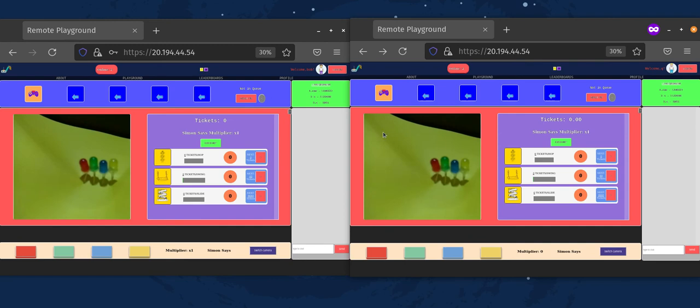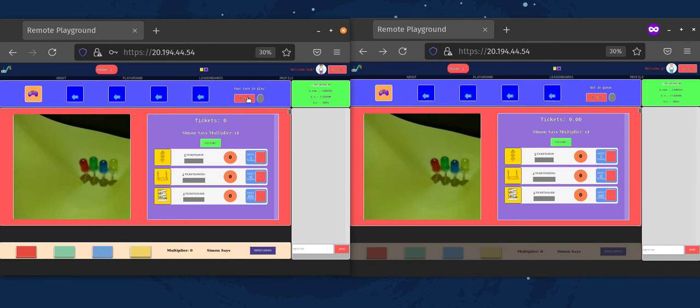To demonstrate how the queue system works, I have two different users logged in at once. So let's say the player on the left wants to play the game. So I'll just click on queue up. So you can see that now the player on the left can play Simon Says normally. And the player on the right cannot interfere in the game